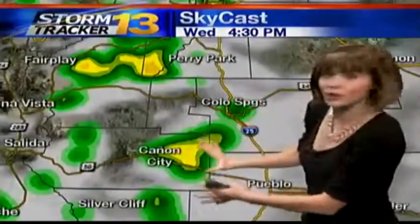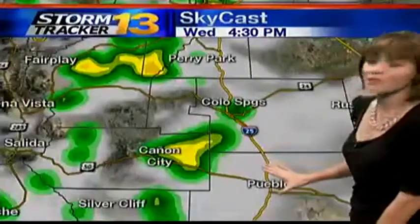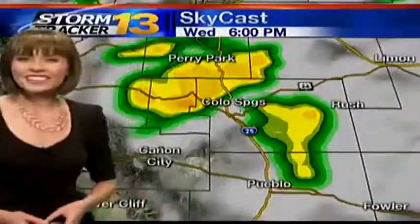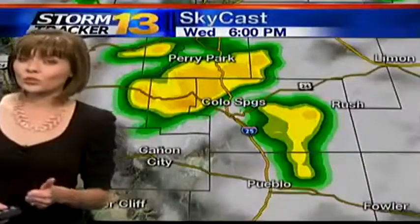You see some of these showers and storms starting to impact portions of Teller and Fremont counties. I-25 up until this point primarily staying dry. Later on into the evening, these showers and storms track off to the east. You can tell they're relatively widespread in nature. Some of these showers and storms could produce gusty winds and some large hail,